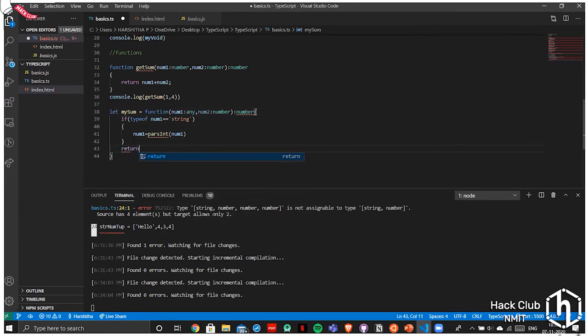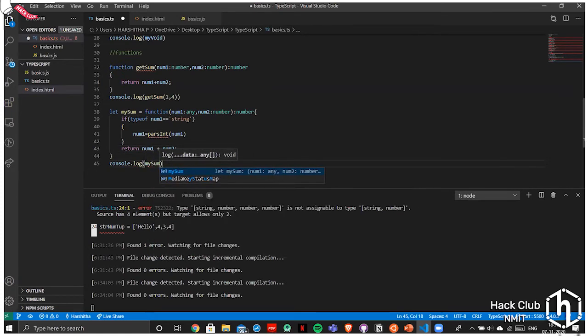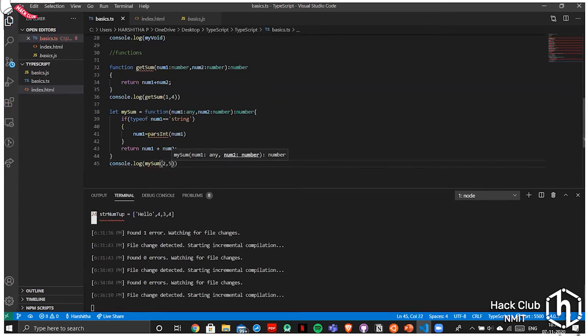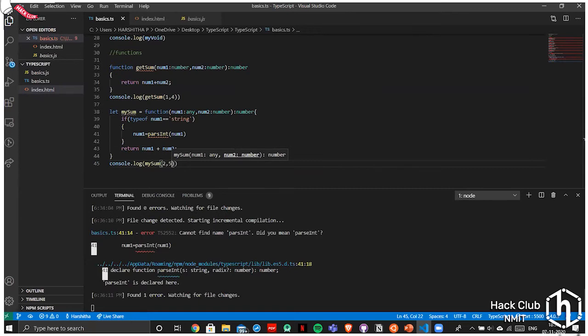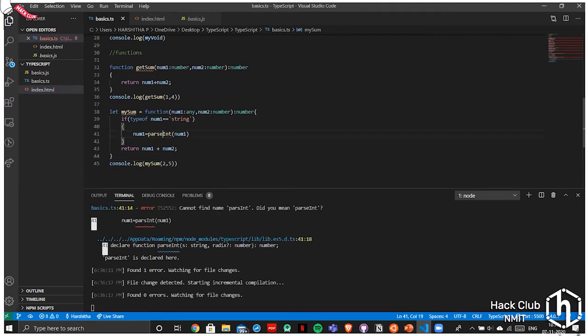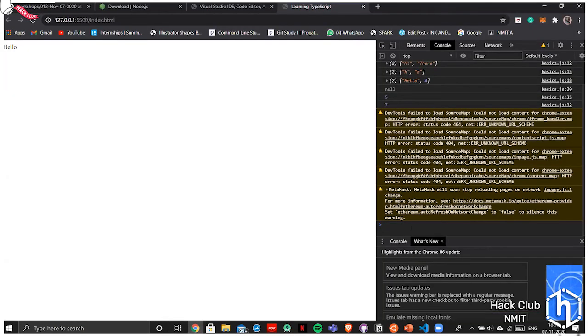Now the same thing, return num1 plus num2. In console.log, mySum, and I'll give an input of 2, 5. Okay, I forgot an E over here. Yeah, 0 errors, and it's 7. Good.